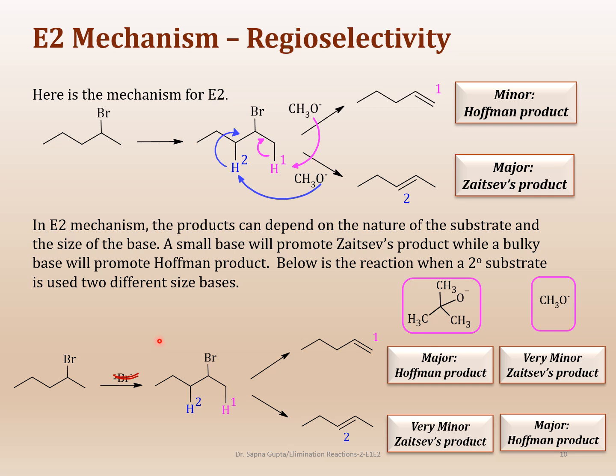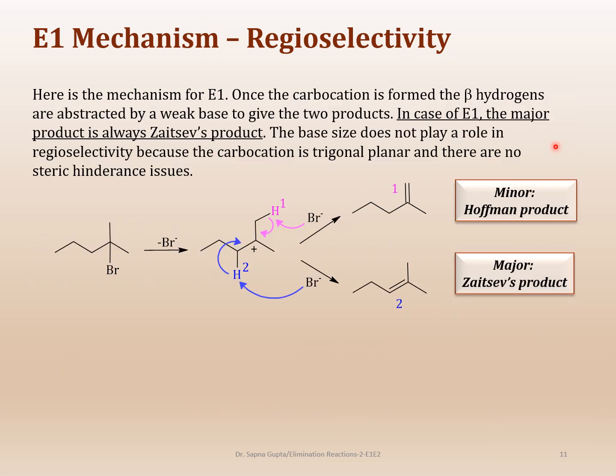Remember again, what you're learning here is what kind of products you can get and what's the mechanism that's working here. Now let's look at the regioselectivity for E1. For E2, we saw what happened. In E1,